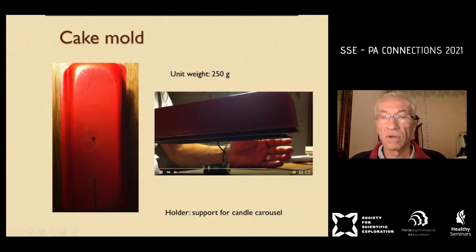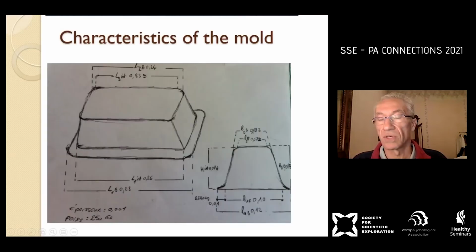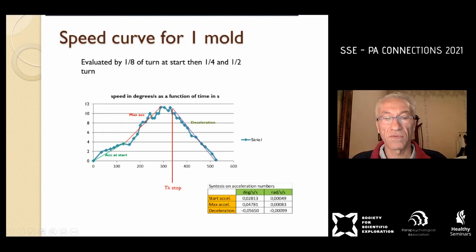For the cake mold, same approach. We use all the dimensions in order to calculate the moment of inertia. And then we use the curve which was a speed up here. And then the practitioner stopped trying to spin the mold, and then there is a deceleration here. Because it's very heavy, the air friction is not very important. It's mainly solid friction. It's why we have a linear curve directly from this speed. And so we are able to calculate also the friction